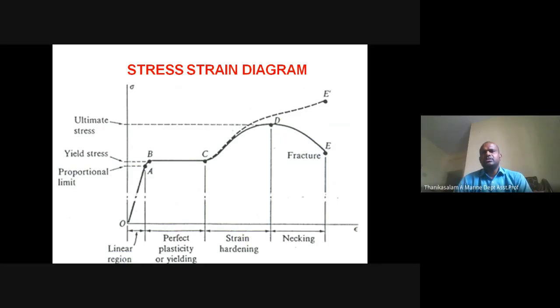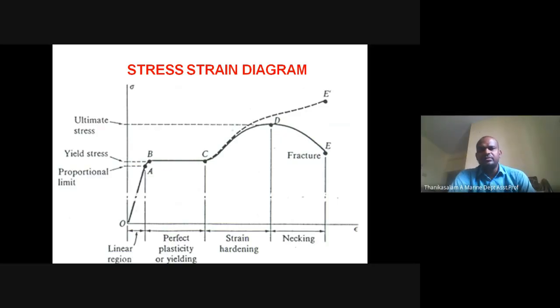E, fracture point or failure point. After reaching the maximum load, when load is applied, necking forms. Necking means before going to fail, a small neck forms. When the rod is elongated and extended, the body gets necking before failing. The neck is formed. That point is the breaking point. After necking, when load is applied, it is definitely going to fail.